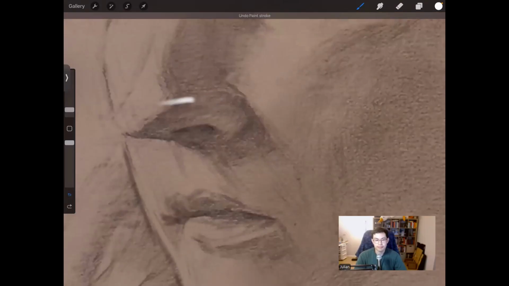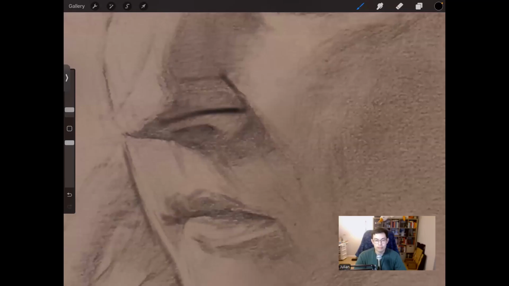Her nose is quite narrow and pointy, so it doesn't have that. But what that means is that everything above that plane shift here ends up being a darker value than the one below it. Whereas if you had that sort of light coming through,